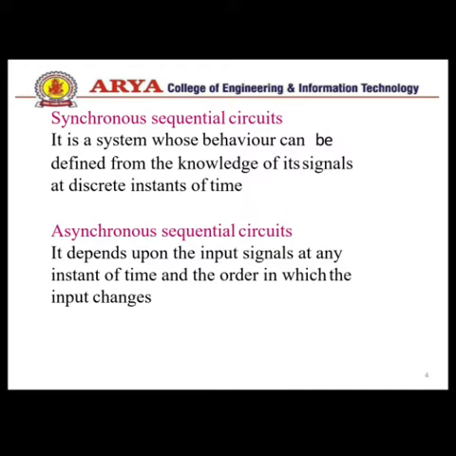Most of the outputs of an asynchronous sequential circuit are not in synchronization with either only positive edges or only negative edges of the clock signal. In a synchronous sequential circuit, if the circuit changes with respect to the active transition of the clock signal, then the sequential circuit is called a synchronous sequential circuit. Therefore the outputs of a synchronous sequential circuit are in synchronization with either only positive edges or only negative edges of the clock signal.